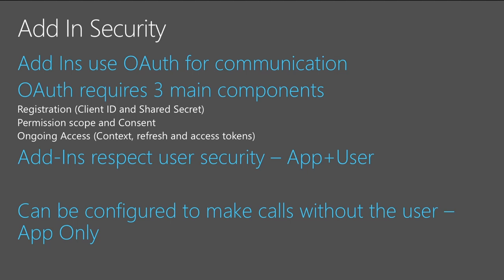There's 3 tokens that really get passed around there. One is the context. Richard talked about it earlier. When you navigate to a provider-hosted site, SharePoint gives you context. It says, here's where the user is actually launching from. And that allows your app to say, can I get a token for that particular site that the user just launched me from? That particular token is going to come from either ACS, it's going to come from Azure Active Directory,